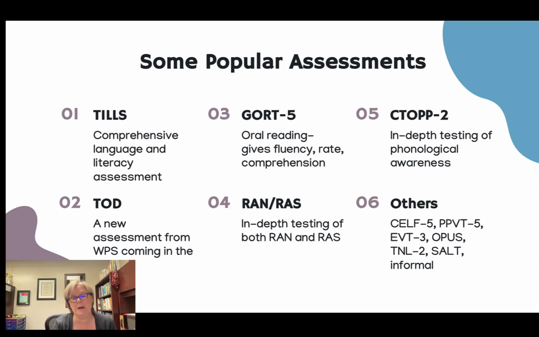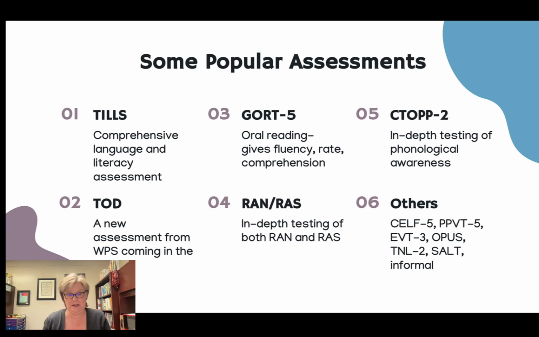All right, and then you have the reading tests. GORT 5, the Gray Oral Reading Test, is a very common one. And this just gives you an overview of reading. It gives you a fluency, it gives you the rate, it gives you a comprehension score. One thing to really think about with those types of assessments is they'll give you a comprehension score, but they certainly don't go into depth. They aren't looking at, are these